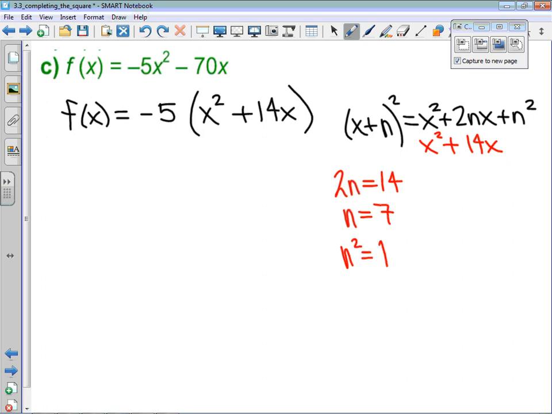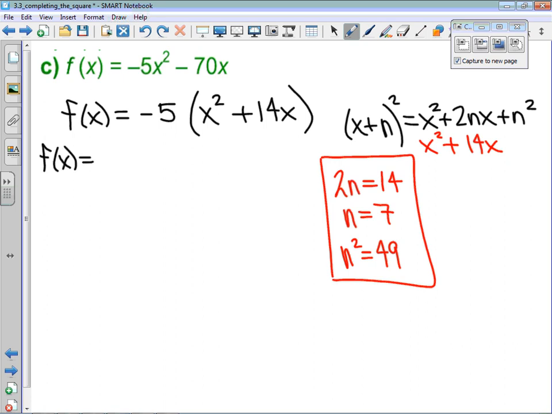Now, you do not have to write this that I'm boxing here in red each and every time, but it is important that that is the thought process that goes into completing the square. And what I'm going to do now is say that f of x is the -5 times x squared plus 14x. I'm going to add 49 and I'm going to subtract 49 to ensure that I'm not changing the value,